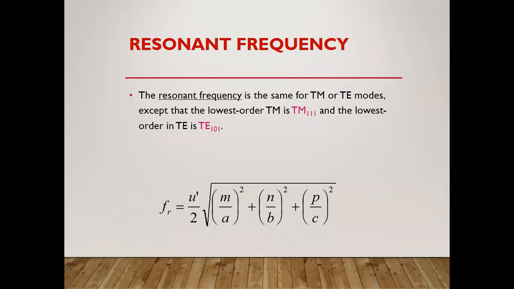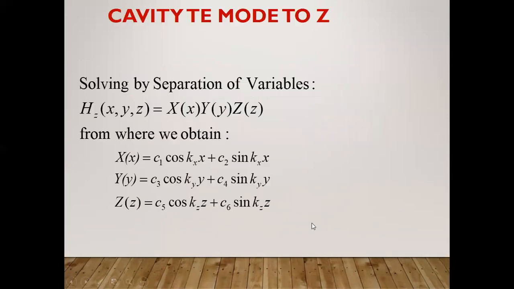So here, what is this one? For 111, 101, the wavelength will change and the frequency will change, and accordingly this notation will be mentioned. If the orders are changing from the lowest to the highest, at that time also these are applicable. The resonance frequency you can calculate if you are having all these three cases, M, N, and P, or the A, B, and C dimensions.